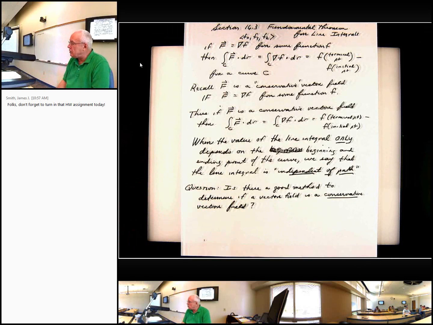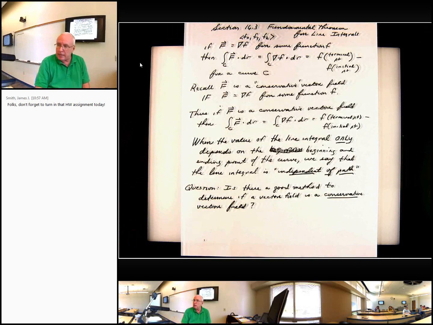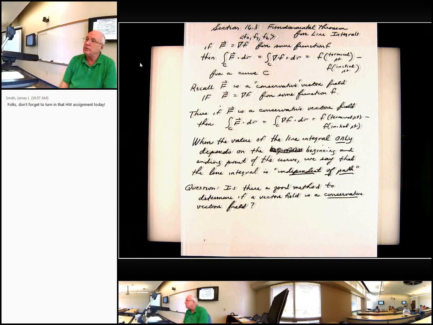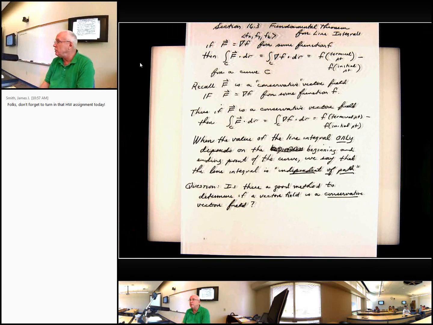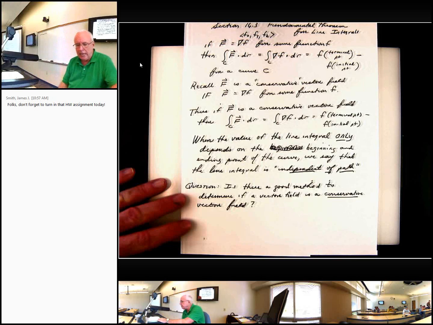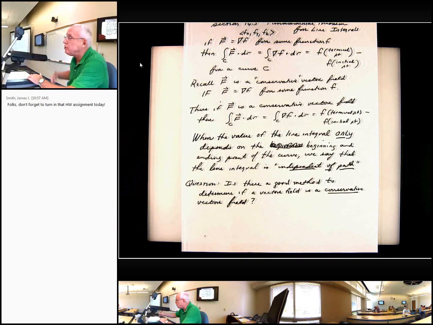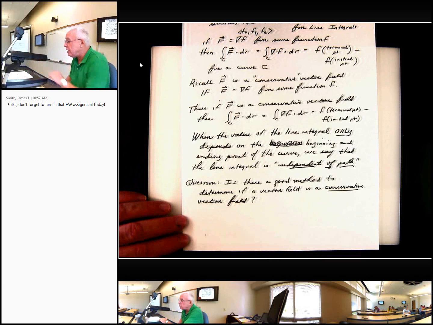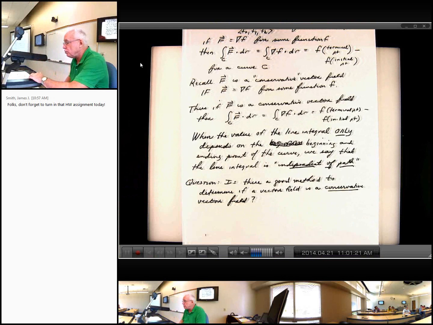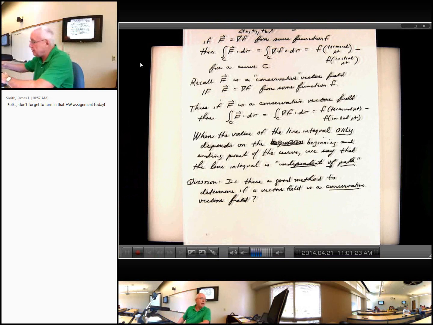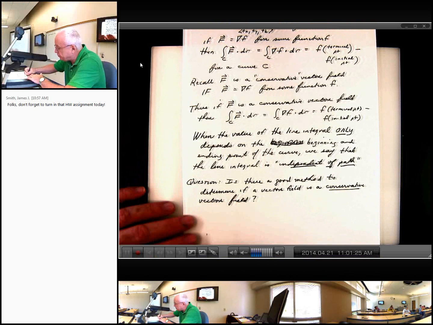So the question was raised in class, is there a good, nice method for determining if a given vector field is a conservative vector field, because then if it is a conservative vector field, we have a relatively easy way to evaluate the line integral of the vector field. And we ended class last time with the answer to this question: yes, there is a good method to determine this. And the fact is this: